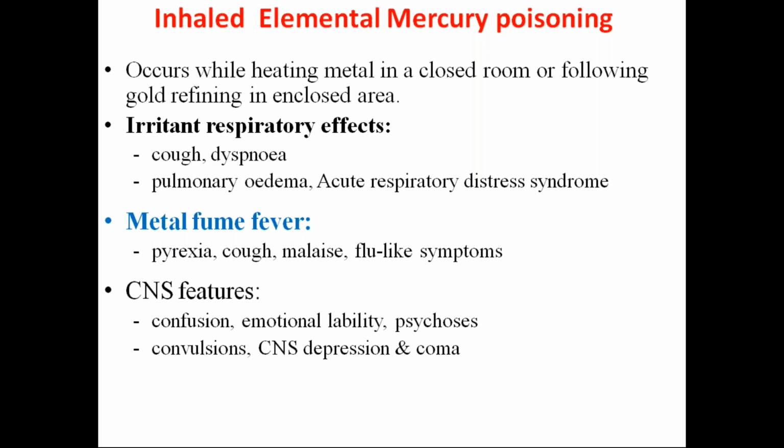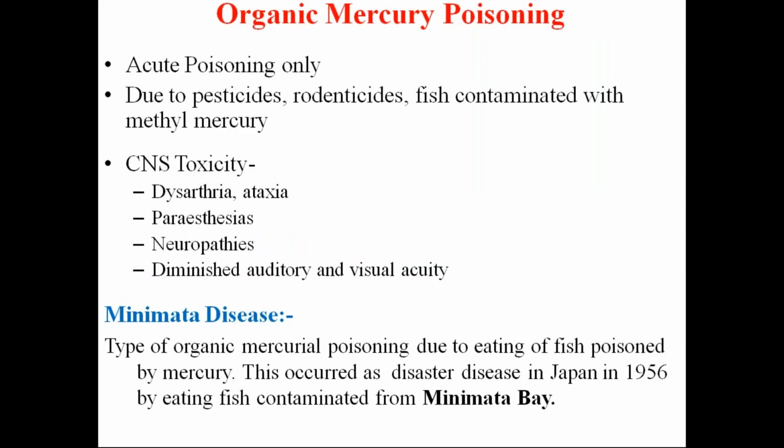CNS features are confusion, emotional lability, there can be psychosis, convulsions, depression, and coma. So CNS effects are common, and nephrotoxic effects are common in mercury poisoning, and here in vapor poisoning more flu-like symptoms prevail. And then there is organic mercury poisoning, where acute poisoning symptoms will occur. This is due to exposure to pesticides by farmers, or rodenticides by household people, and fish contaminated with methyl mercury. The symptoms are mostly